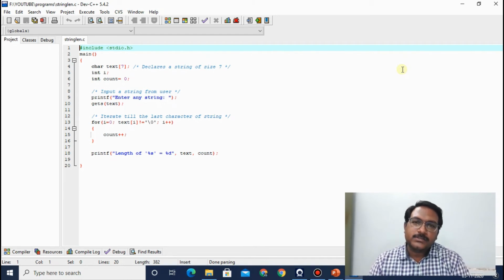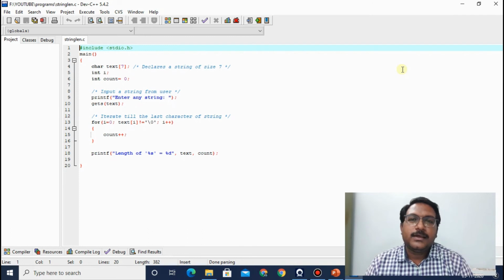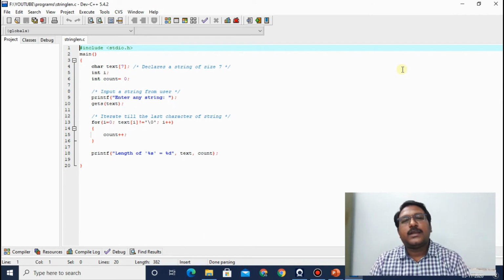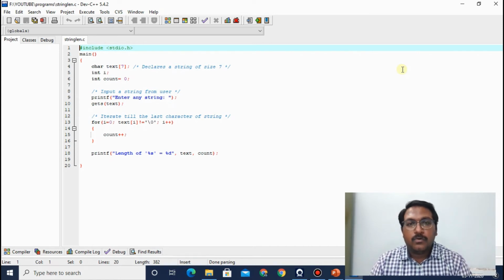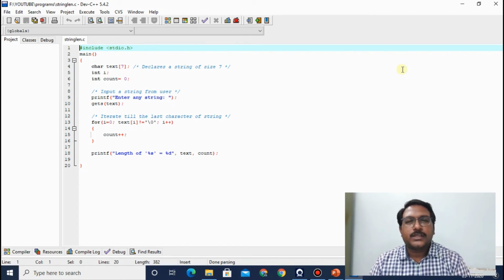gets is an input function only for getting the value from the user and giving it to a variable, only for strings. So if we are using gets, we do not need to use any for loop or any scanf function to write the input.